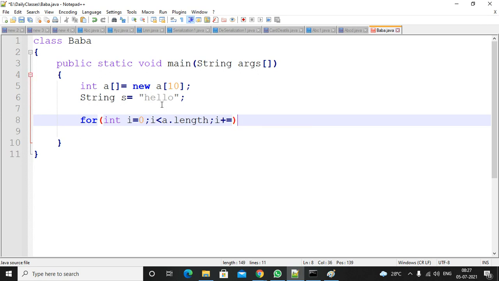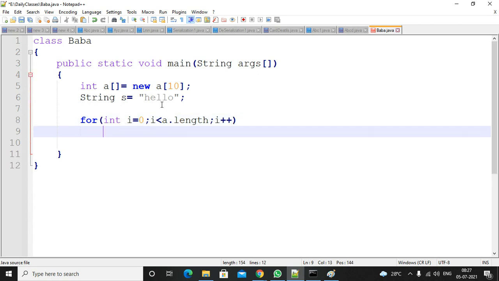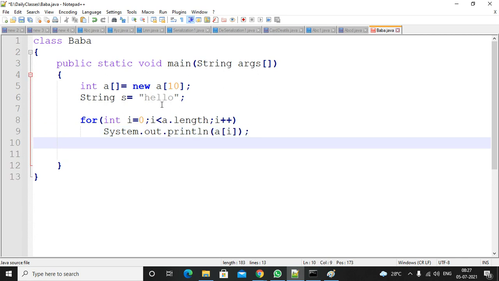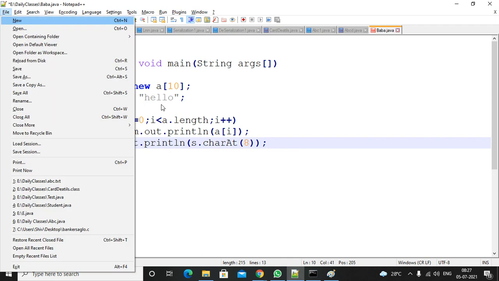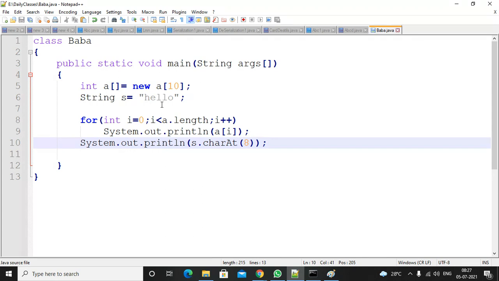Not required, you can write a simple statement only, but every time writing a simple statement, maybe you can write array of 5. Then I'm trying to print with System.out.println, the string, and you can get some character by applying the charAt method only, charAt of the 8th location. You don't have 8 locations, but you are trying to fetch the 8th location. So in this case, what will happen?